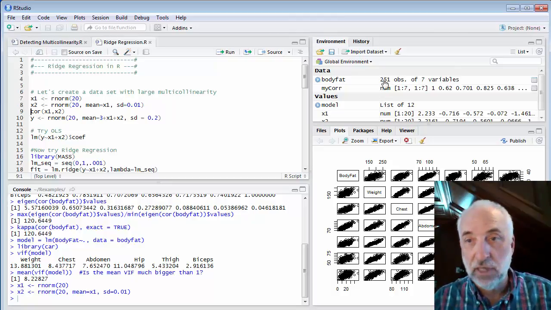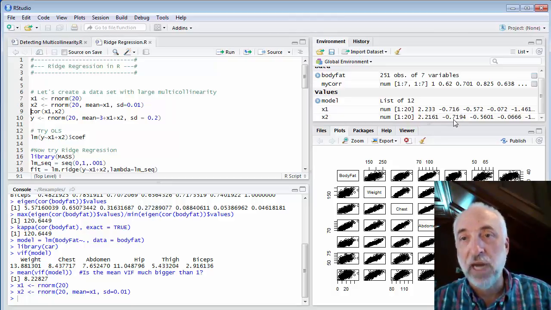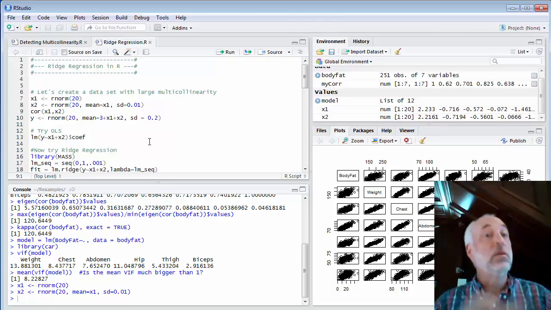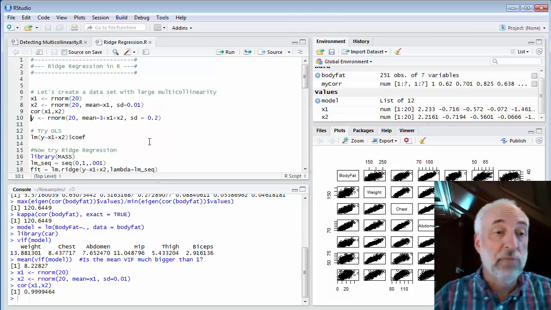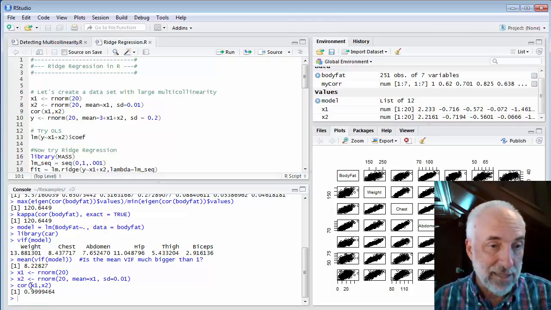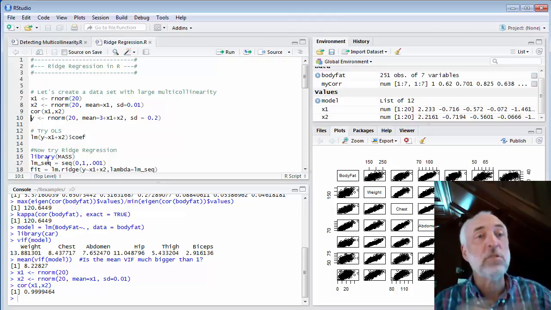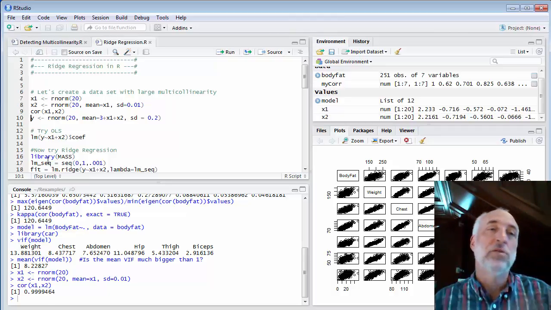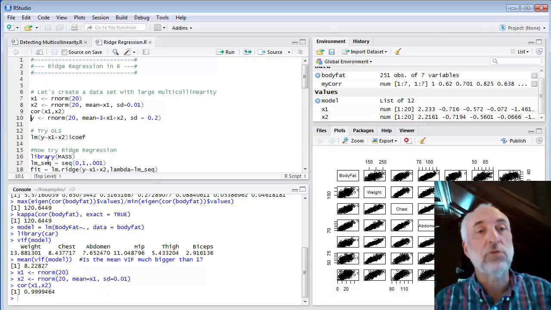Not quite. If I go look at these numbers really quickly, you see that the first x1 is 2.233, the second x1 is 2.216. The next one's minus 0.716, the next x2 is minus 0.719. They're not exactly the same, but they are highly correlated with each other because of the way I generated them. How correlated? Let's look. 0.99995. Right? 4 nines. That's a huge level of correlation. If you detected that level of pairwise correlation, you'd simply say I only need one of these 2 variables in my model. All right, but we're gonna do the ridge regression in this case anyways, because who knows, you might get really high levels of correlation without